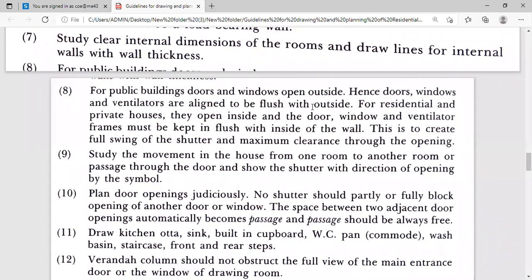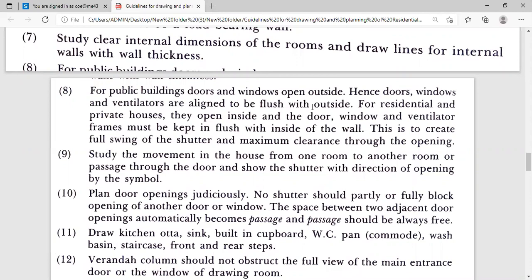Okay, and it's a location you have to show in a sketch plan, as well as whatever door shutter is there, the opening direction of that door shutter you also have to mention there. Means if you know the direction of opening of the door shutter, according to that you can go for the planning. Means whatever furniture requirement you are going to